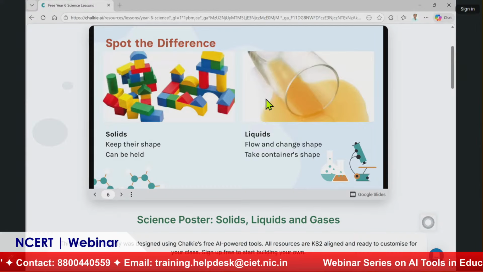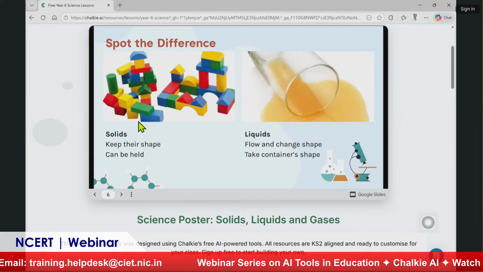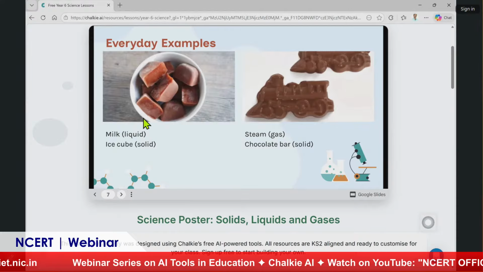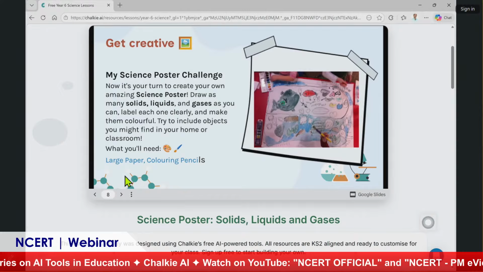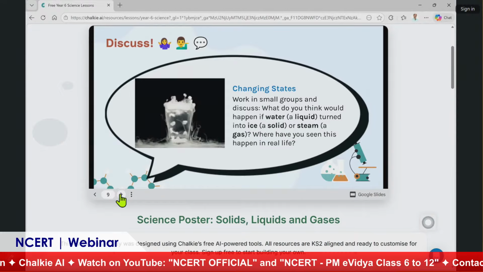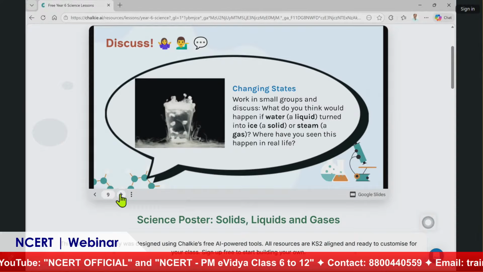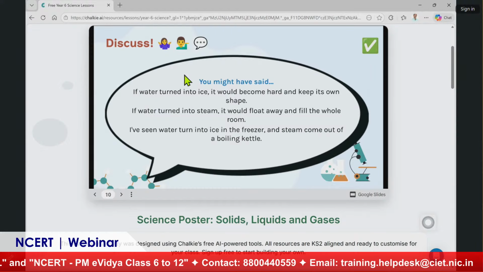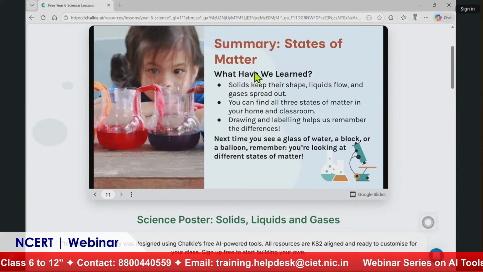Once we have given a topic, we go for feedback from the students. Spotting the difference between a solid and a liquid. Everyday examples you can also get, getting creative. My science poster challenge, like that. Working in small groups, discussing what would happen if water, a liquid, is turned into ice or steam. Where have you seen this happen in your real life? Like discussing another one. Summary at the end. So this is particularly